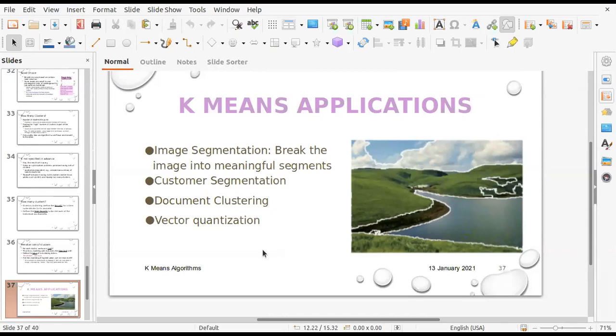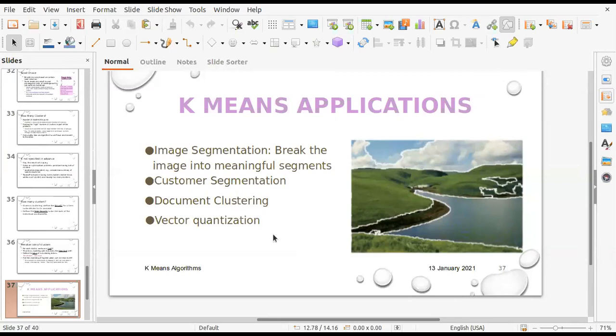And the last method is vector quantization. Again, this is basically an image compression method, but it internally uses the K-means algorithm. K-means can be used for forming small clusters, and then these clusters can be represented by their cluster centers. So wherever you find any point, that point is represented by the cluster center. If you have very small clusters formed, then you can get a very good compression ratio.